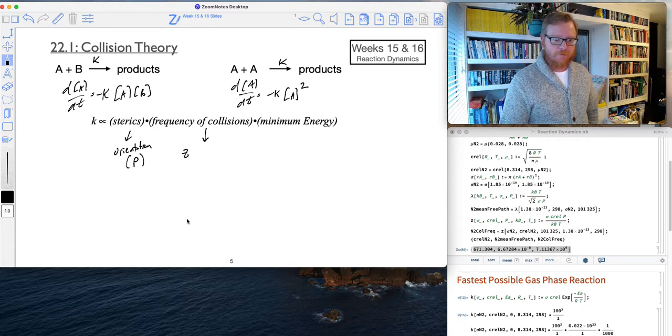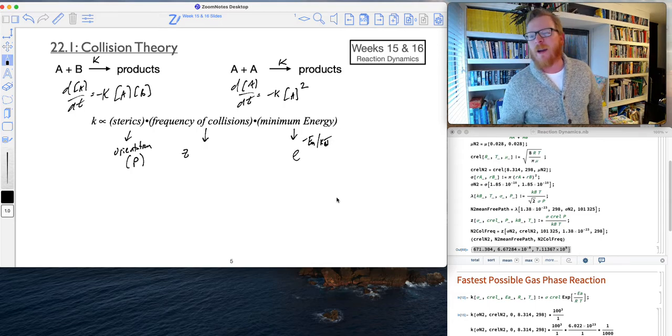And then there's also this minimum energy requirement, which we remember from our early discussions is related to the Arrhenius equation. So that goes as e to the negative Ea divided by k Boltzmann T, or divided by RT,